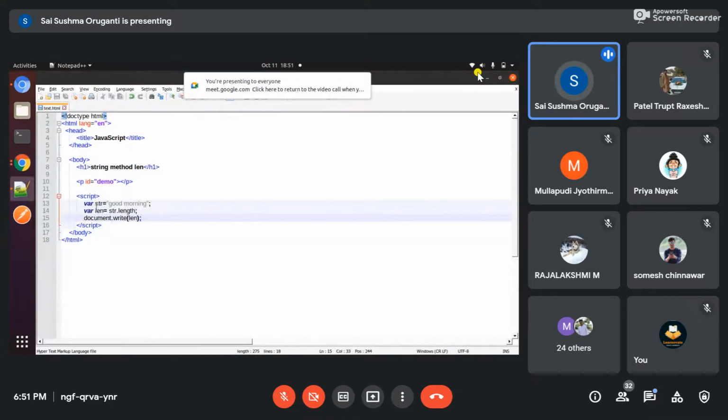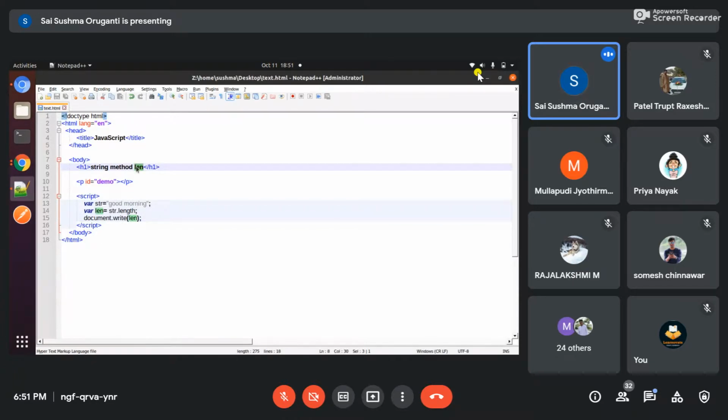So this is nothing but the length, how to find length in the string in JavaScript. Okay, now moving on to another topic, that is index. I will show you the string length. Let it be, and here length is equal to string dot length, right? I will change this. We have written dot length previously, but here we need indexOf, the default JavaScript string method.